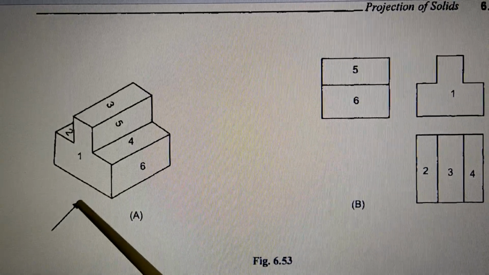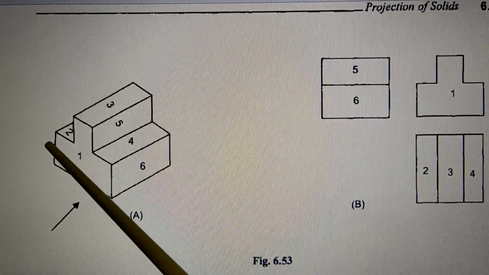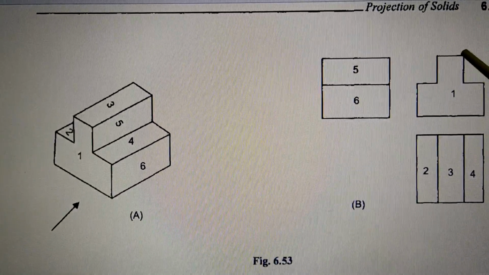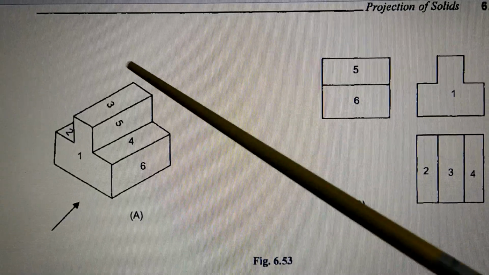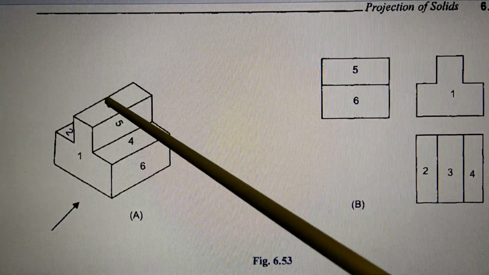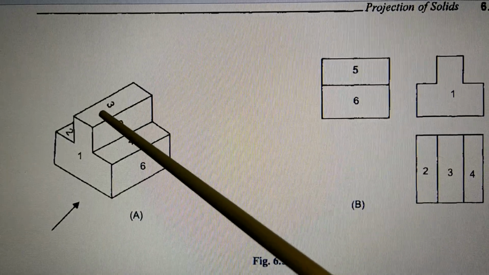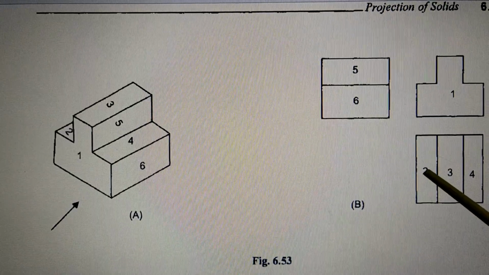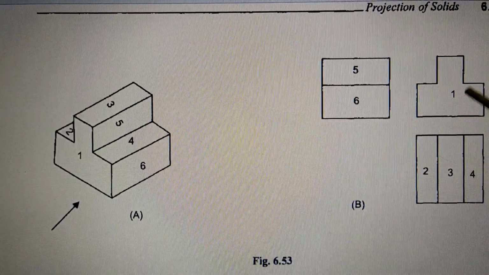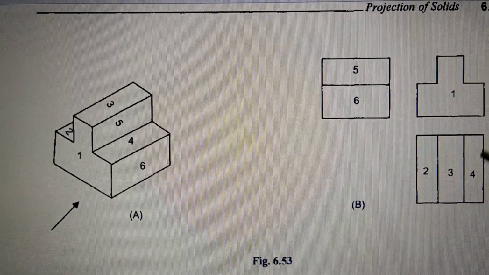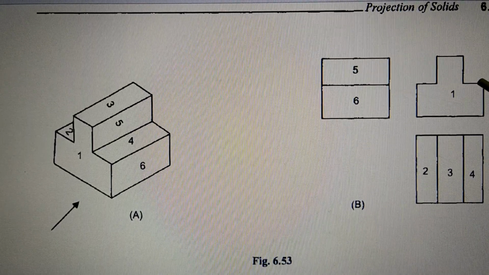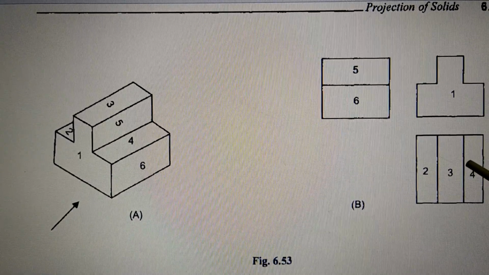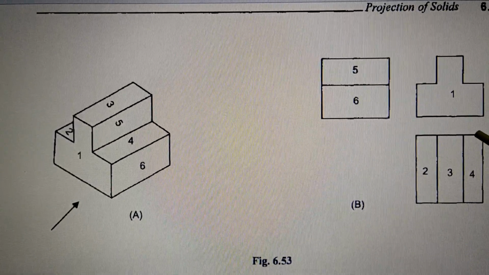So when you see in this direction, that time this is your 1. So you will see only 1, this is 1. Front view is here. Then when you see from above, down, that is the top view. So you will see the different surfaces, 2, then 3 and then 4. So you can see here 2, this is 2, 3, this is 3 and 4, this is 4. Okay. 5 is here, but it is not seen.